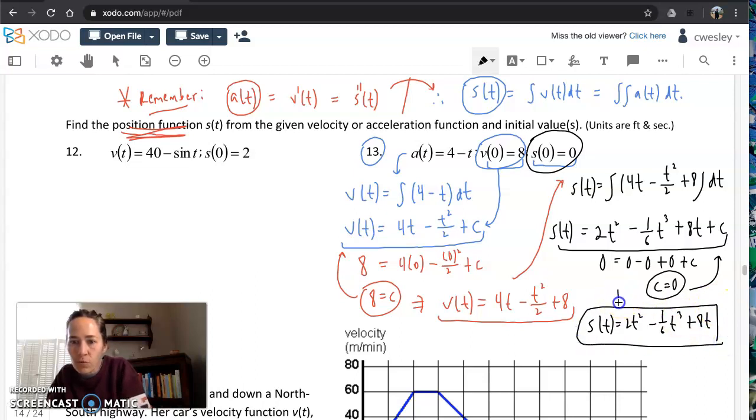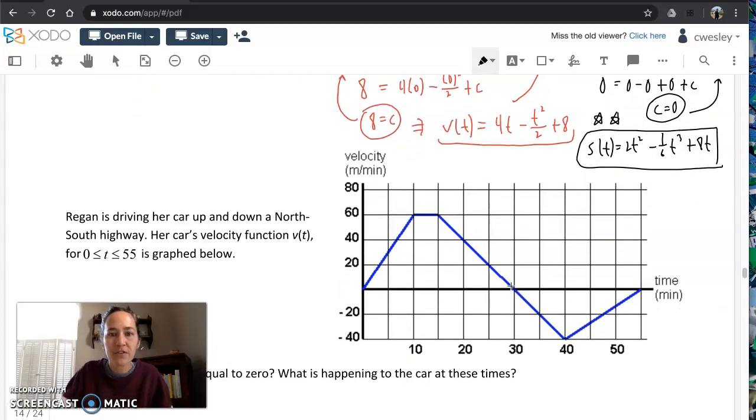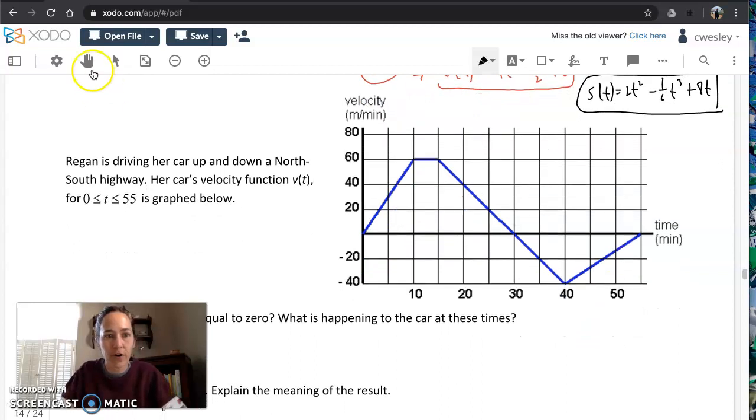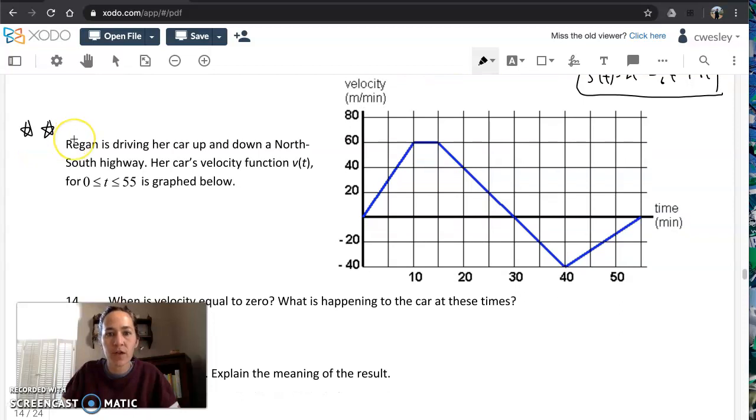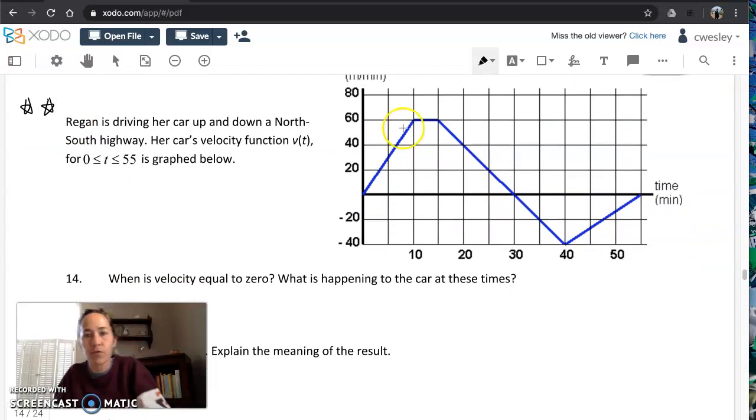So if this whole process worked with derivatives for us before, it can work backwards with antiderivatives for us now. Okay, this question about Reagan driving her car. I want to star this a couple times, because this is a position, velocity, acceleration question that's given to us in a much different context than we've seen before. I want to label that this function is the velocity of a car driving up and down a north-south